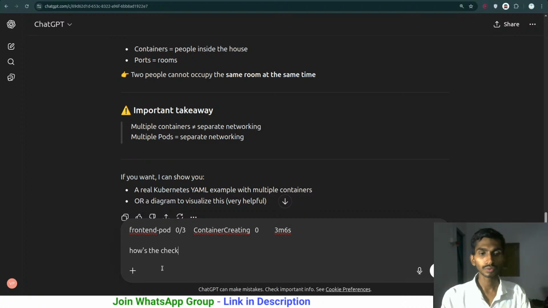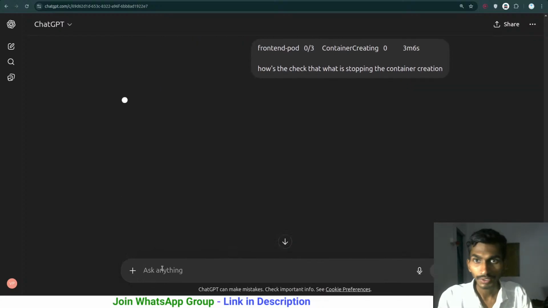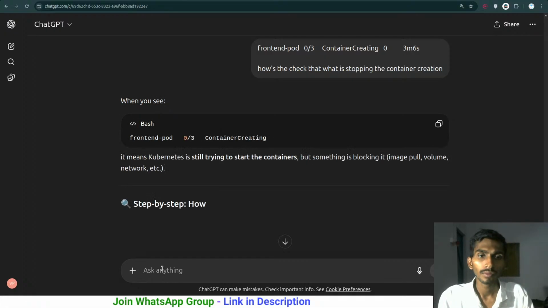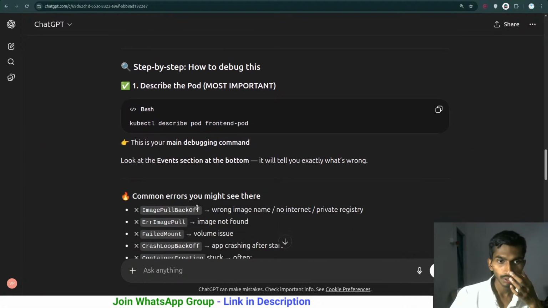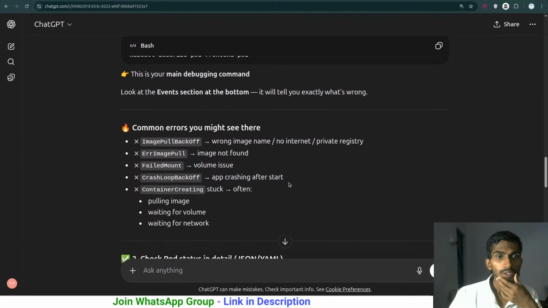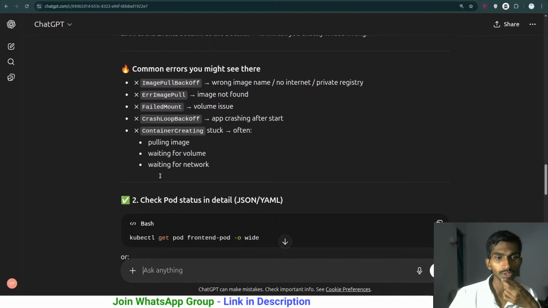How to check what is stopping the container creation, just like this. Let's see. It means Kubernetes is still trying to start the container, but something is blocking it, image pull, volume, network, etc. So step by step. So first of all, kubectl describe pod, this is your main debugging. Look at the event section, it will tell you exactly what is going on. We have gone through it, and it is just simply telling me